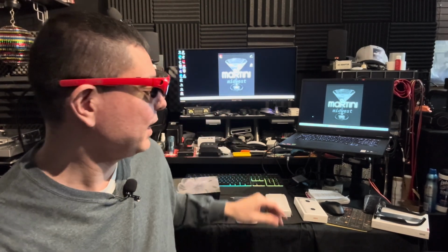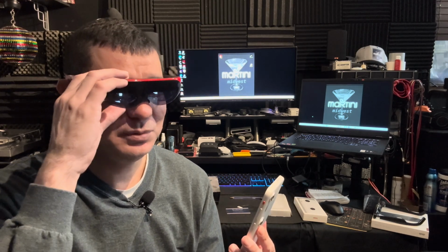But once again, can I wear these? They definitely look a little bit different, more like a futuristic looking pair of glasses. I can still see through these, and I can still hook them to my XREAL Beam Pro. And you can probably see the screens in there now. But like I said, the screen looks super vibrant. It looks super good. I can watch videos, and basically it's going to screen mirror